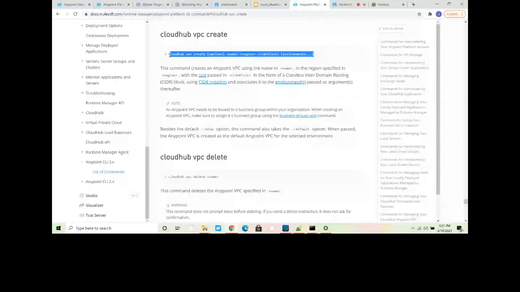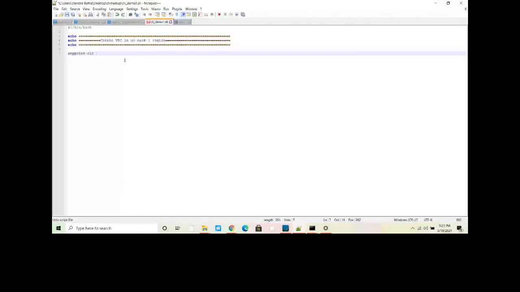It's cloud up VPC create, and you have to pass some options. You can copy this. What you have to do with the cloud VPC create option is give the name of the VPC. So I will say Mule demo VPC. Then you have to give a region, US East 1.